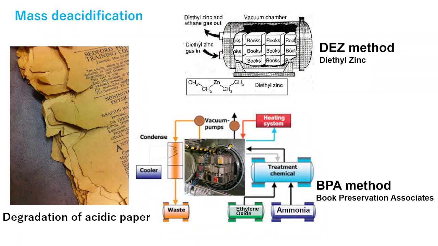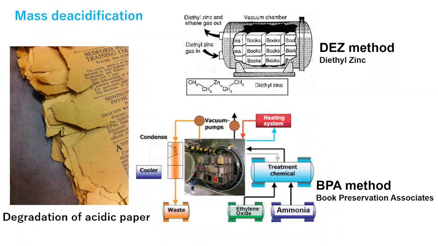Besides, the deacidification treatment has a great effect on suppressing the long-term degradation of paper, but it cannot recover the physical strength of paper in a state that is extremely deteriorated and difficult to handle as a book object. Therefore, it is also combined with techniques to reinforce paper, as I introduced last time. In any case, the deacidification treatment should be carried out as a preventive treatment before the paper becomes remarkably weak and cannot withstand future use.